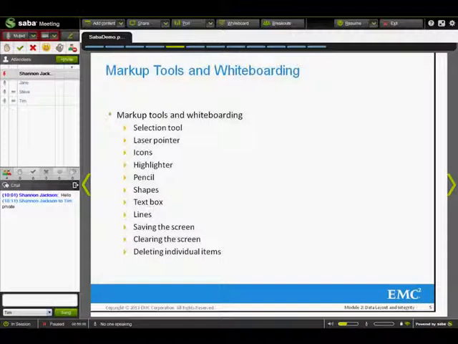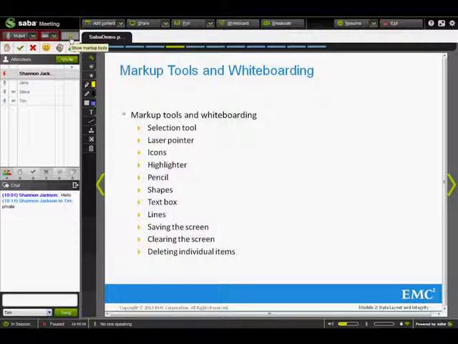The Markup tools and Whiteboarding both offer the same tools. To turn on Markup tools for your slides, you select the Markup Tools button in the upper left corner. These are the same tools and utilities that you will see available to you when you go to the whiteboard. The difference between the Markup tools here and the whiteboard is that the Markup tools here will allow you to